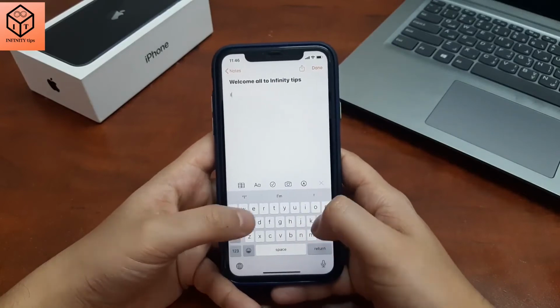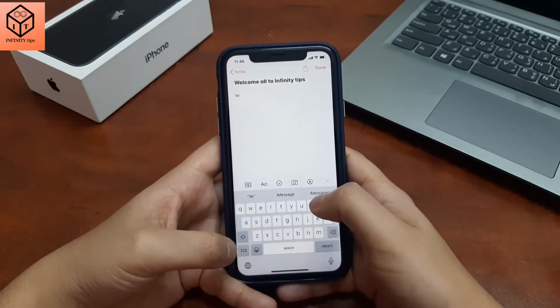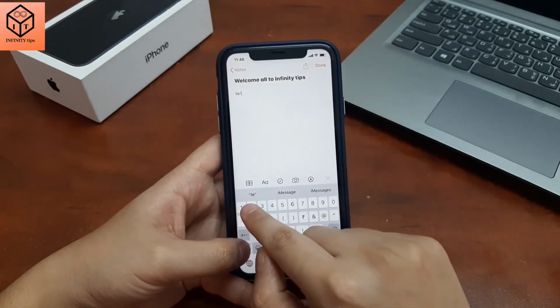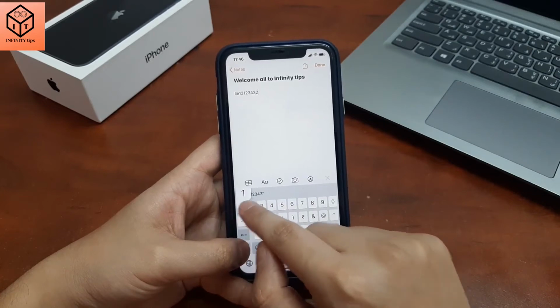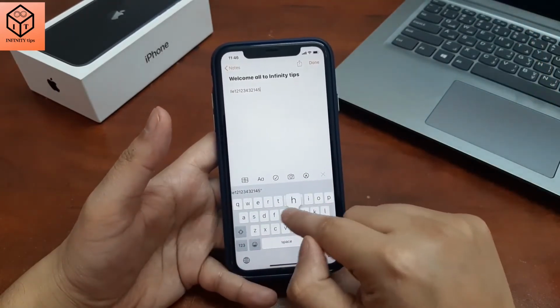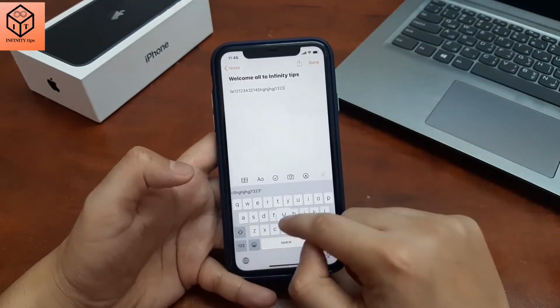And if you are ever writing a text message which is a mixture of letters and numbers, but you don't want to keep flitting between the two, all you have to do is hold down the numbers button, keeping your thumb on the screen, then choose the numbers that you want and then let go, and it will take you straight back to the letters without having to actually do it manually.